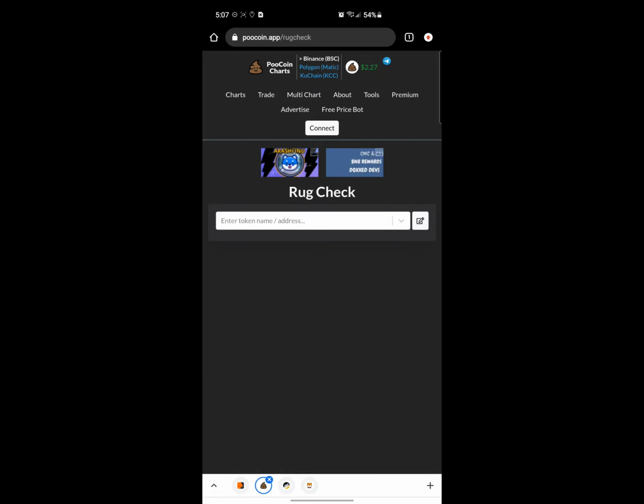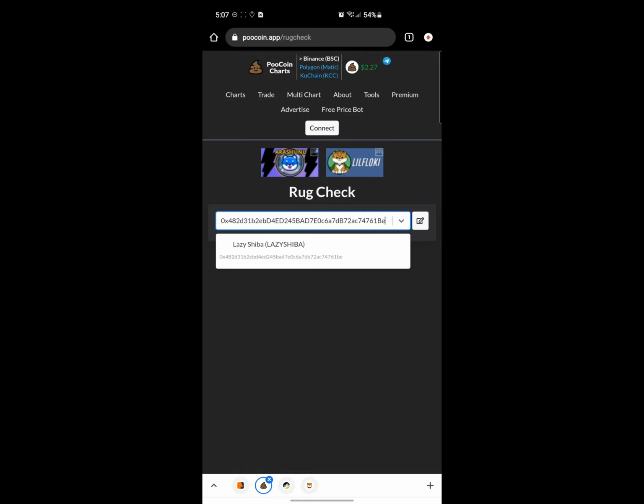and here I'm going to paste an address from a request I got, I'm not sure if it was the same subscriber or another subscriber, to do a token called Lazy Shiba. So we're going to paste the address of that same token in here, because I'm going to do a video on that one in a couple of hours. So click Lazy Shiba,